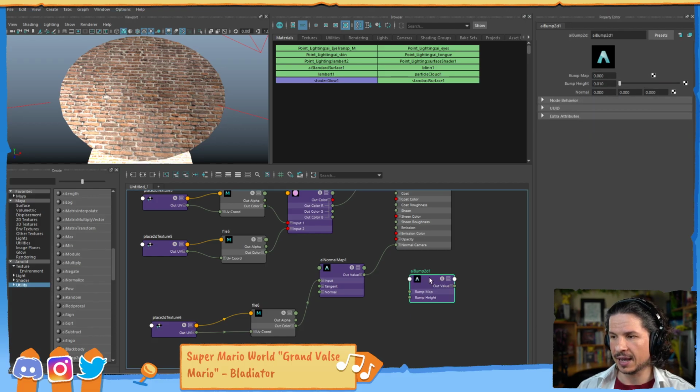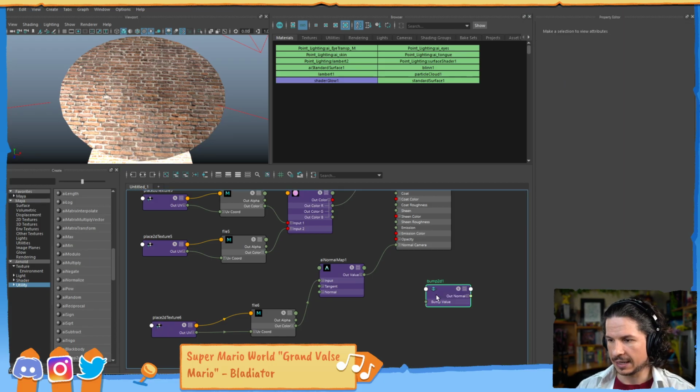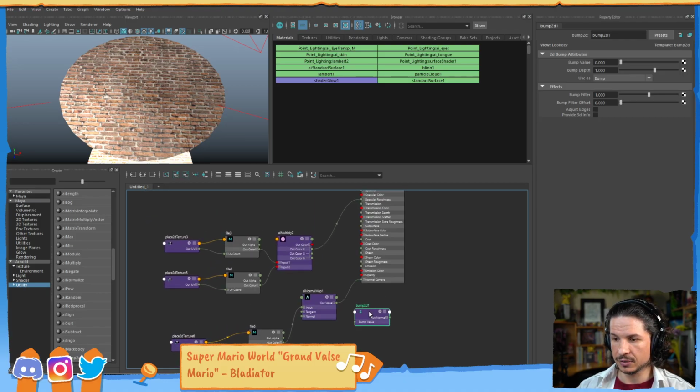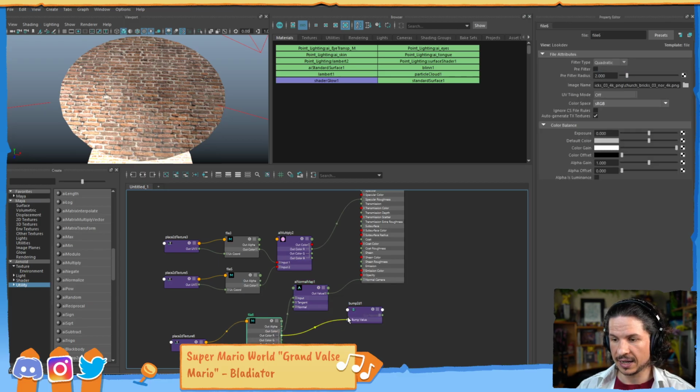You can also use an AI bump 2D, but let's actually stick with a default one just because I find I get more luck with that. Okay, so we've got a bump 2D node. And what we're going to do is take our normal map, just tie in one of the values into the bump value,